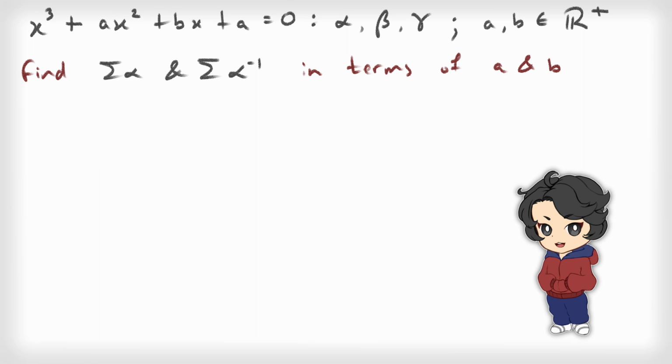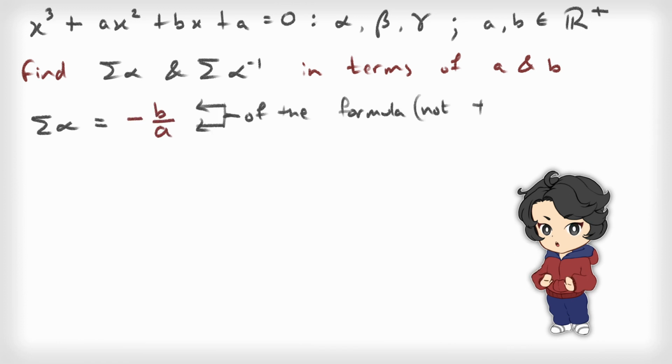Okay, so we need to find the sum of alpha. We can write down our original formula, sum of alpha equals minus b by a. Keep in mind that this particular b by a does not belong to the question, but the formula instead. If that's confusing, you can think of the minus b by a of the formula as the second coefficient or the first non-1 coefficient. Basically, you can imagine the general